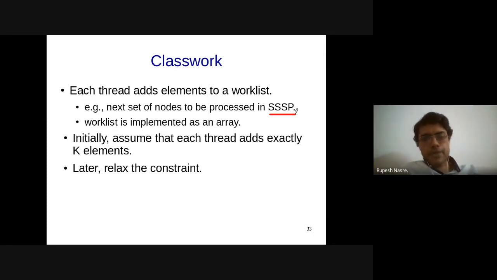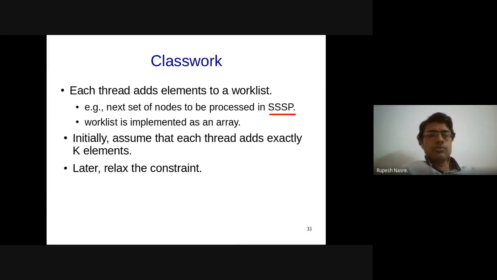Let's say you are doing a BFS, right? So initially only the root node is in the queue, and then you pop that and push the neighbors of that node after setting their distances. The distance of the root node is 0, so this is going to be +1 and so on in the BFS manner. In a similar manner, you can do it for SSSP also. So this queue, we are calling it a work list, right? And the processing of this work list is that the nodes are getting processed in the manner they were pushed in this work list.